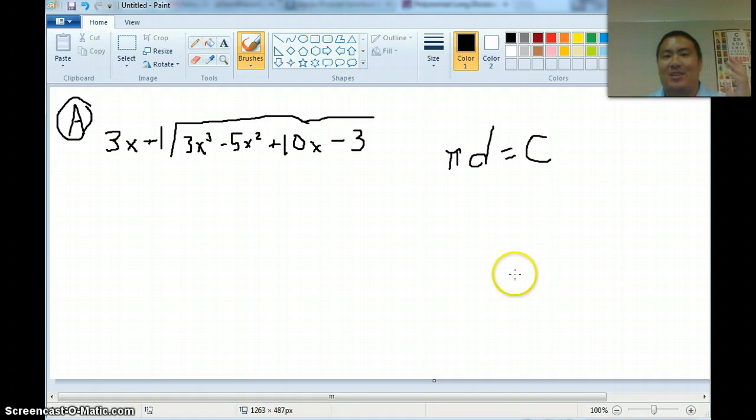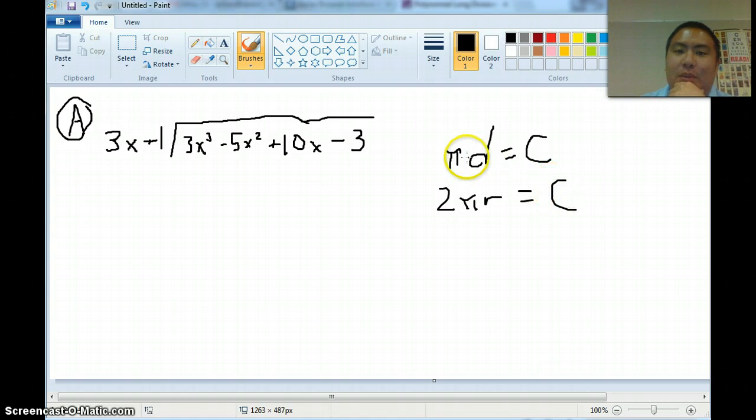Okay, so, to do this joke, the first thing you have to know is this. Pi times diameter equals C, that's for a circle, right? Or in other words, 2 pi r is equal to the circumference, or pi d is equal to the circumference. Okay, so the joke goes,